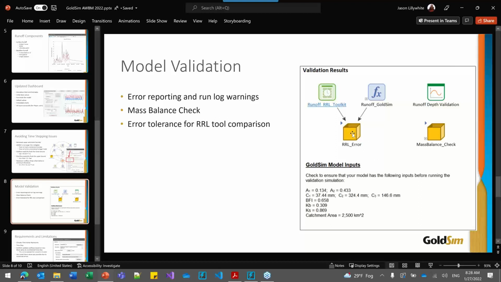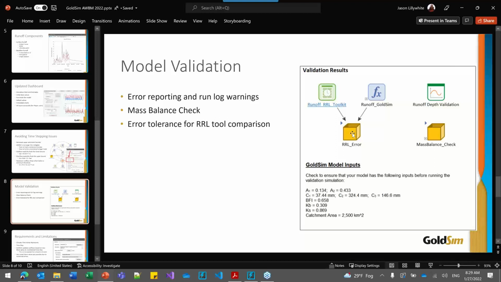So sorry about that. I need to fix those. But anyway, the validation that we added to this model, it does 2 things. It makes sure that the output of GoldSim matches the output of another tool. The other tool that we looked at is called the e-water rainfall-runoff library toolkit. And this is a tool developed in Australia. You can get the installer from their e-water website. So if you just Google e-water and then RRL, you will find the tool that we have used to do this